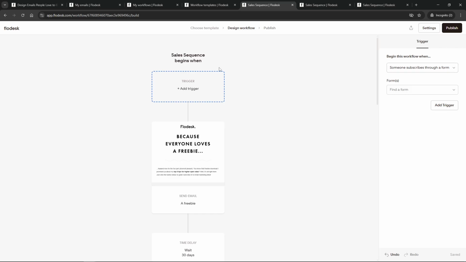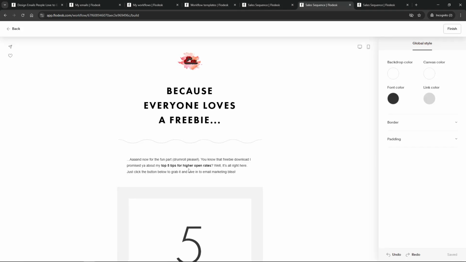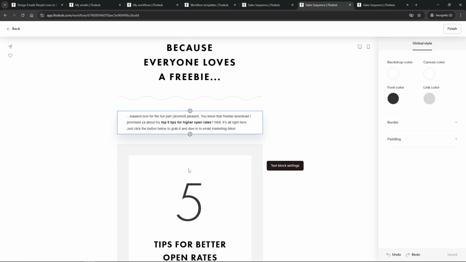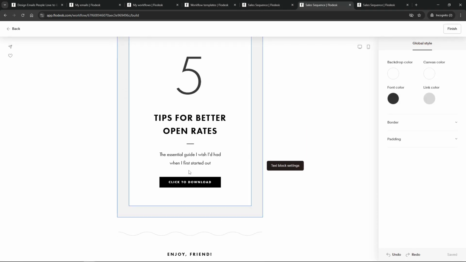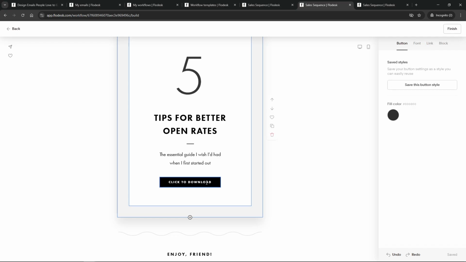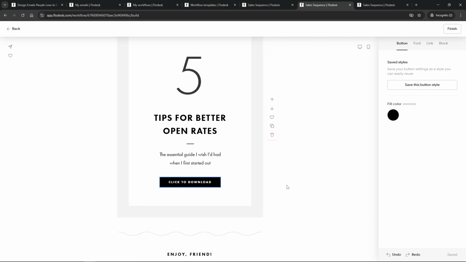While you're working on your email inside the workflow, it's time to dive into adding that all-important link. Find the spot in your email where you want to include a link or a button. This link will serve as the catalyst, setting off the entire workflow whenever someone clicks on it. It's essential to be clear and strategic about the placement and wording of this link, as it should entice your